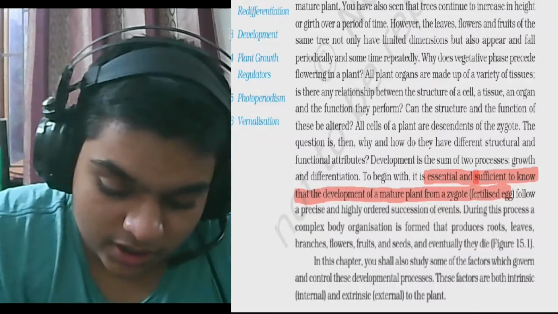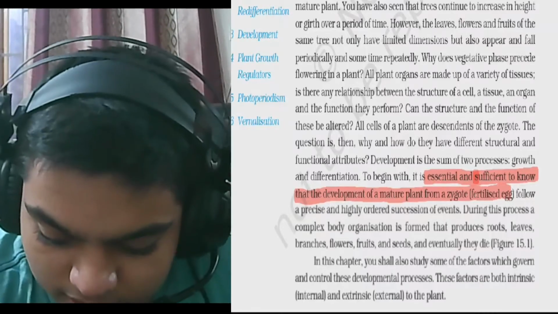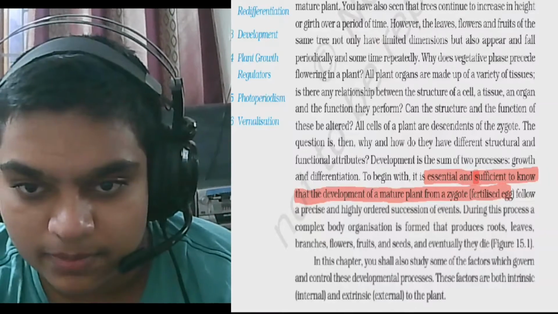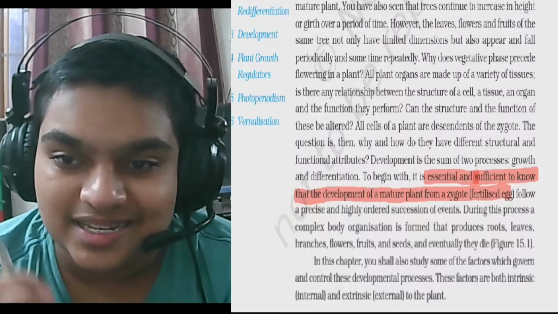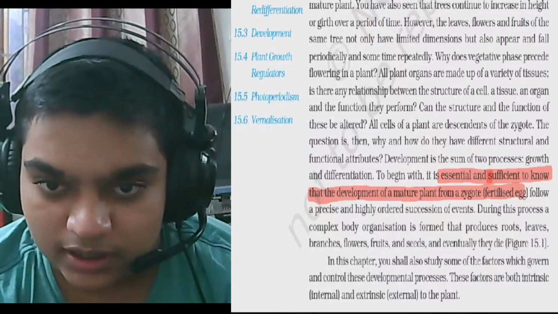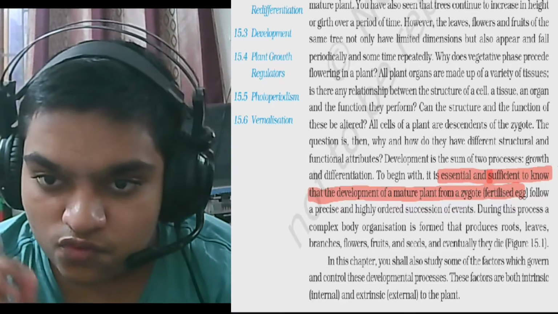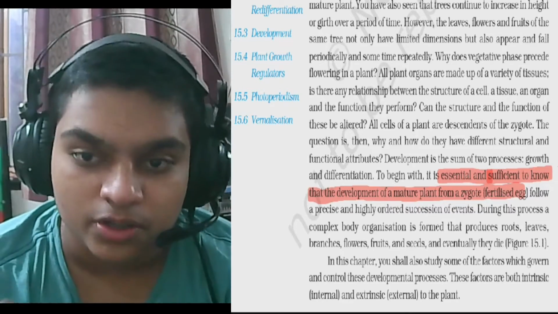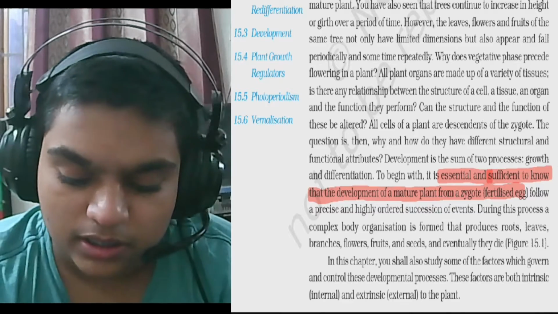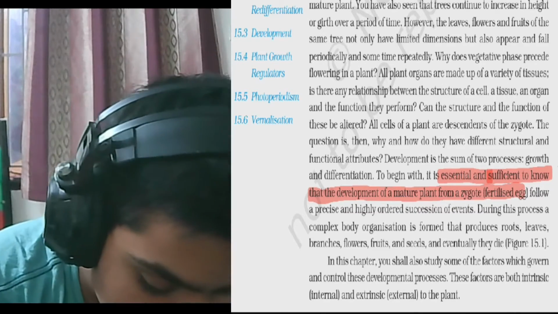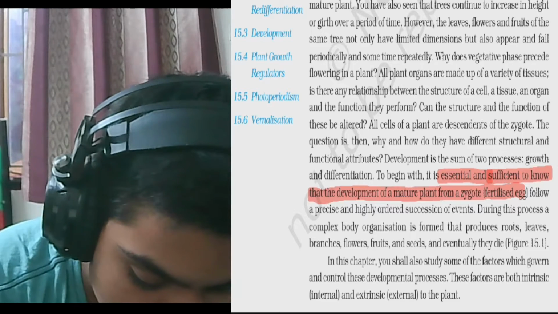Now let's start with this, a very important point that we have to remember, that it is essential and sufficient to know that the development of a mature plant from a zygote, or you can also put it in other way, you can say plant,